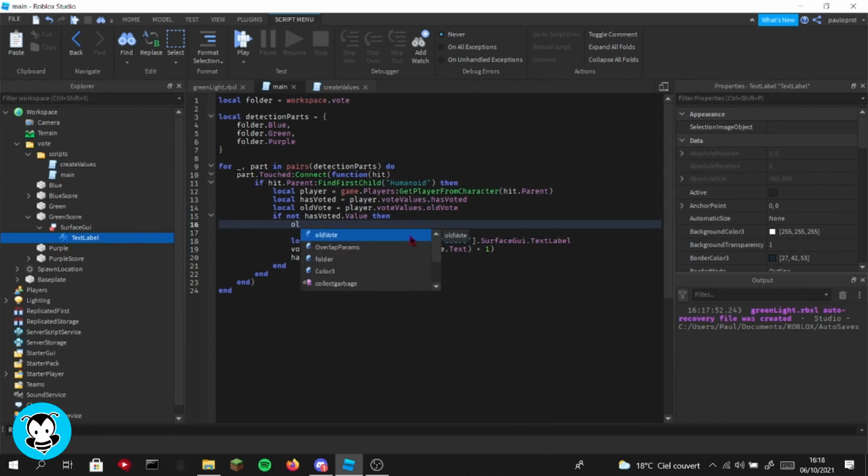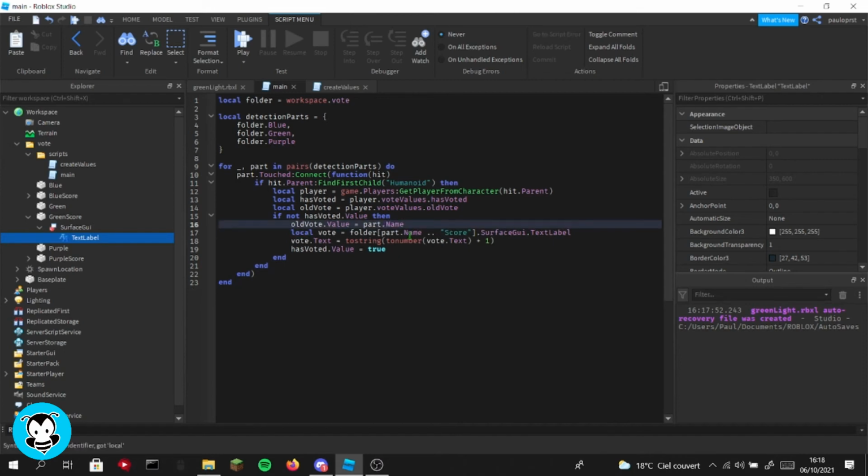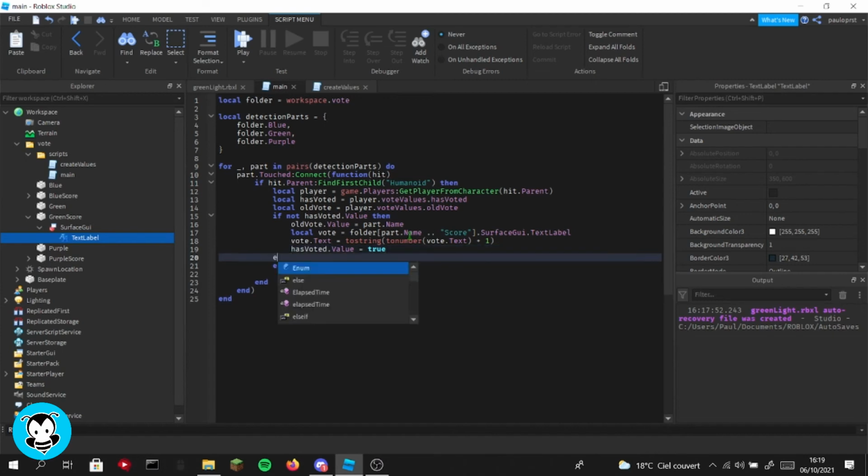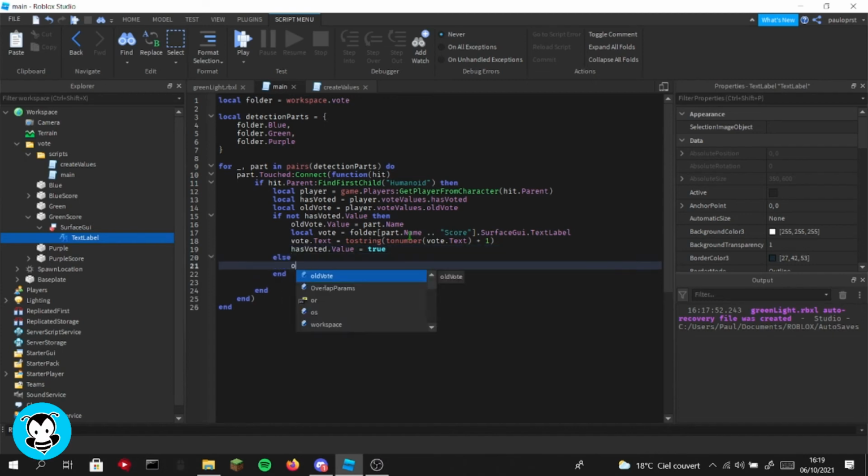So old vote dot value equals, so this, parts dot name, like this. Okay, so if it's not voted, and now if it has voted, else